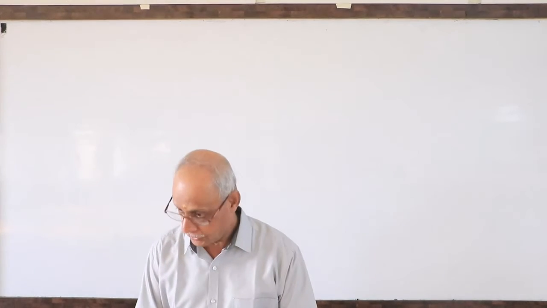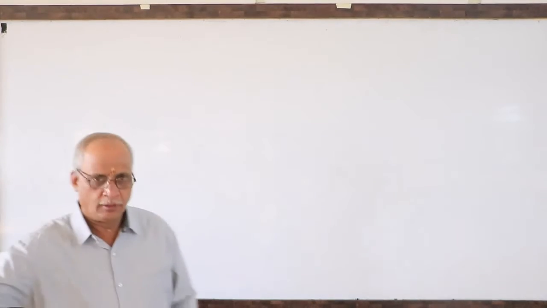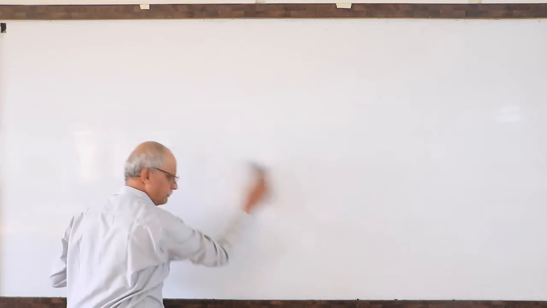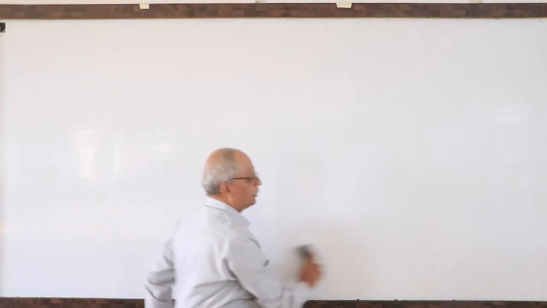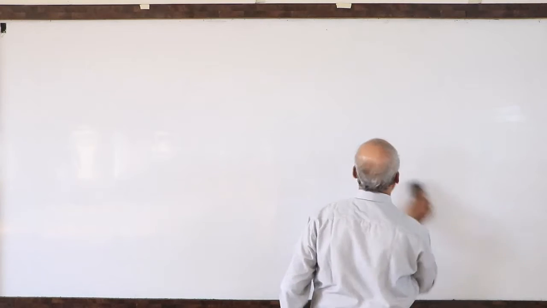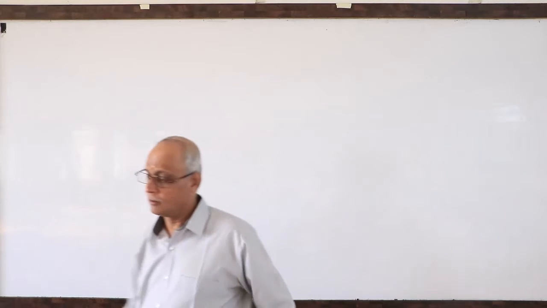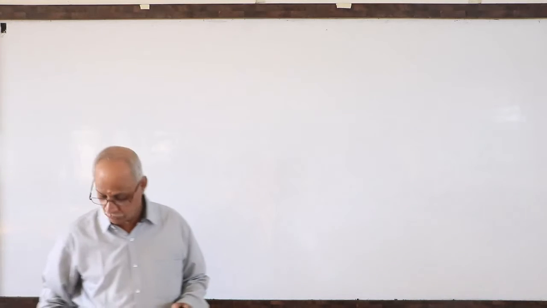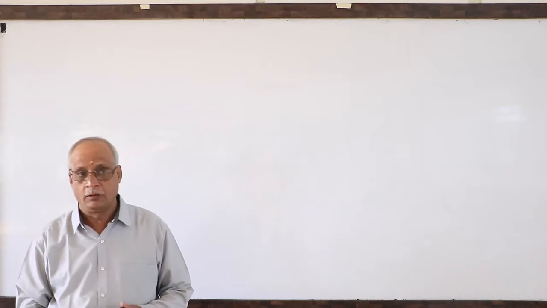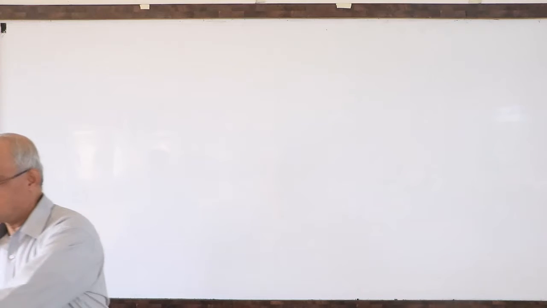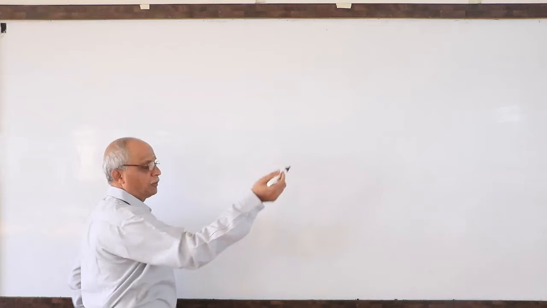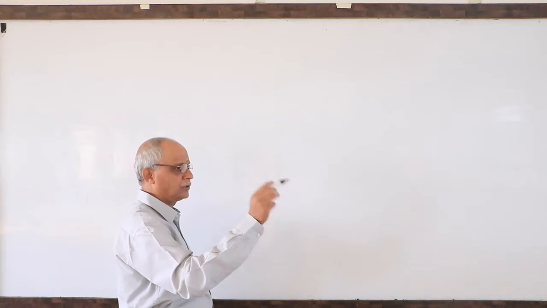Right. We'll continue the process of finding the derivative of a given function in order. That means when a problem is given, you must be able to decide which method it comes under. That is the reason I started giving you a list of methods: UV rule, U by V rule, and then chain rule.